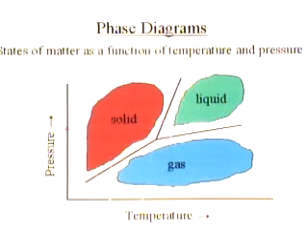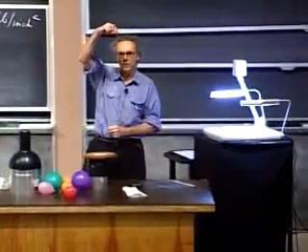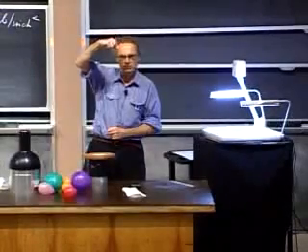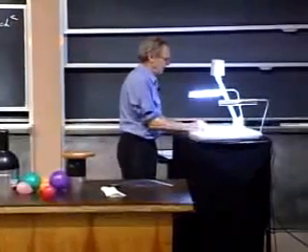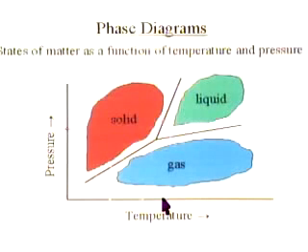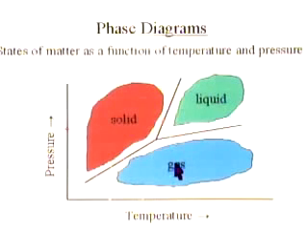Imagine that we have a cylinder, and we put gas in that cylinder, and we put a piston on top, and we push it down, slowly pushing it down. So we start here with gas at a particular temperature, which we're not going to change, and we slowly push the piston down. In this trajectory, the ideal gas law would hold. Temperature remains constant, so if you look at the gas law, PV remains constant. That's called Boyle's law, by the way, that the product of pressure and volume remains constant.